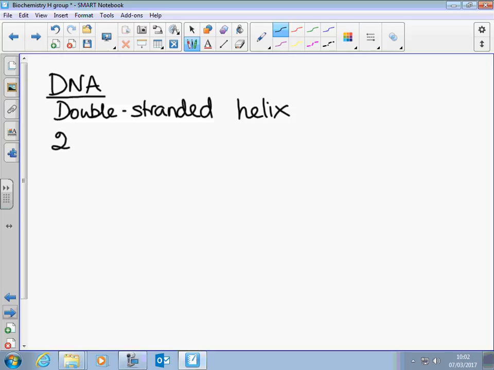So the two strands, they're described as being anti-parallel. Now, this comes from the way that the bases will interact between the two strands. But what you get, if you continue looking at the diagrams in your handouts,